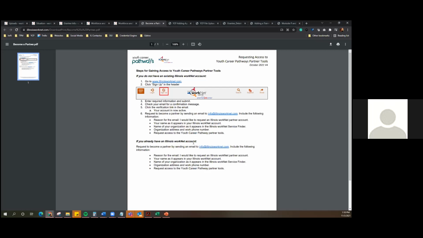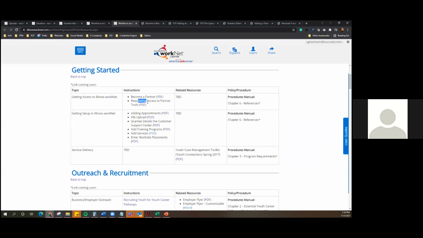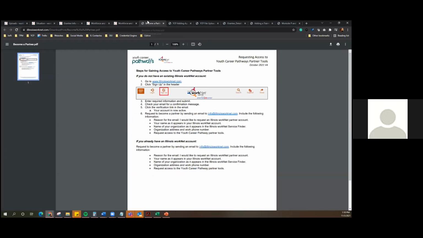They'll just need to have a WorkNet account and then send an email asking for access. You don't need to worry about the request access to Partner Tools document because you all have been set up with your partner organization. So that's all taken care of. They just need a WorkNet account.